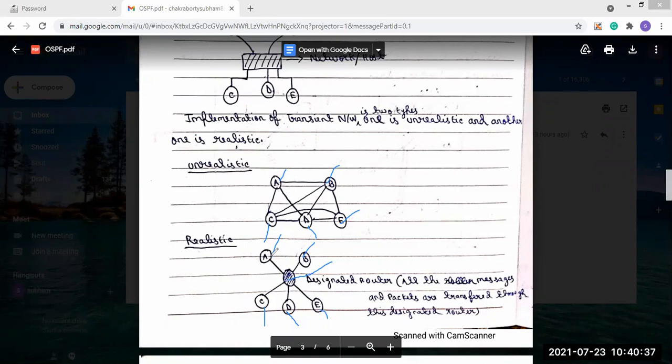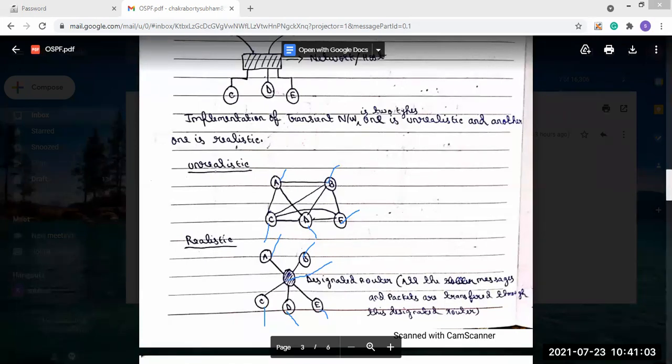In unrealistic, all the nodes are connected with each other. For realistic, all the communication between the routers goes through the designated router. That is the difference. So this is the second type, the transient link.